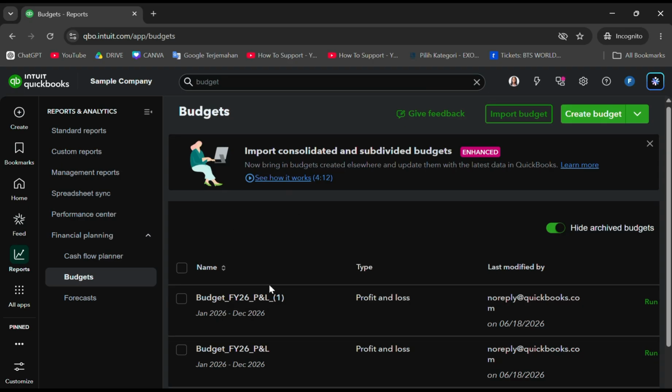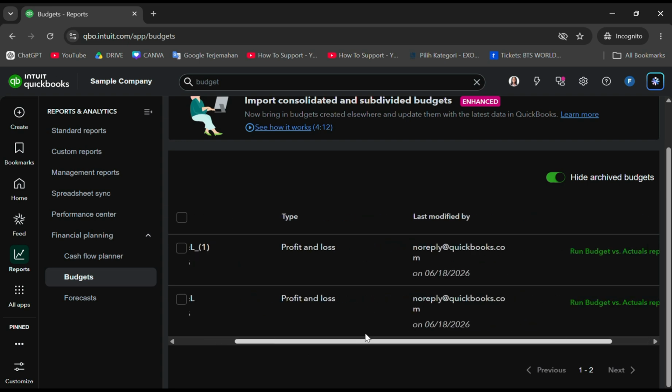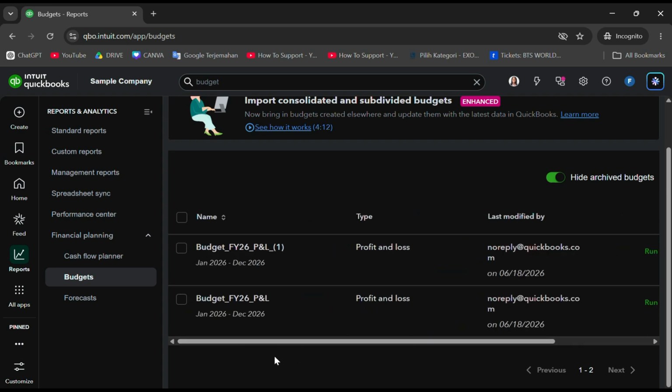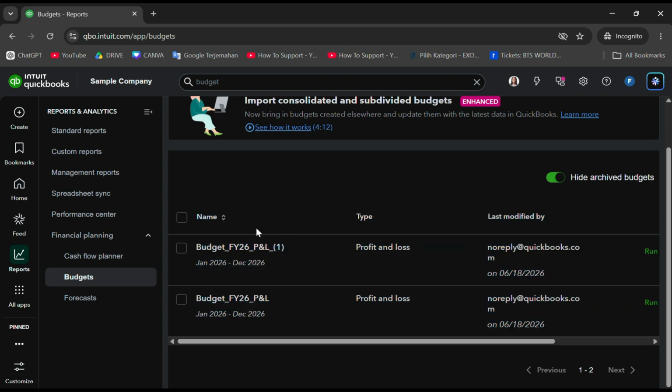Budgets are fantastic for keeping your business goals on track, but what happens when you accidentally build a duplicate spreadsheet, change your financial targets completely, or just want to wipe the slate clean for the fiscal year? Leftover, inaccurate budgets will clutter up your system and mess with your live comparison reporting. Today, I'm going to show you how to completely delete an old or unwanted budget file in just a few